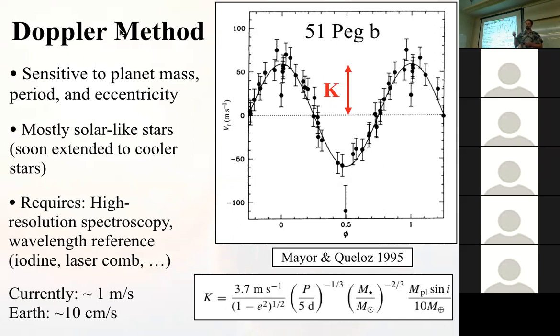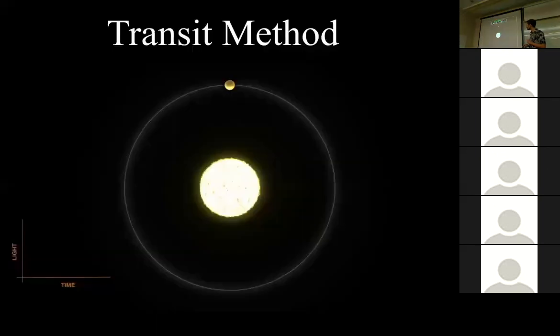Currently, keeping in mind the astrobiology aspect, the second Earth, finding an Earth around the sun requires you to measure the velocity to a precision of 10 centimeters per second. So it's a very, very small shift that you have to measure and disentangle from all the other effects that affect the measurement. Currently, we're at about a meter per second precision. So we're still not able to detect an Earth analog using the Doppler technique, although that's already being worked on and will be improved in the future. But currently, we cannot do this.